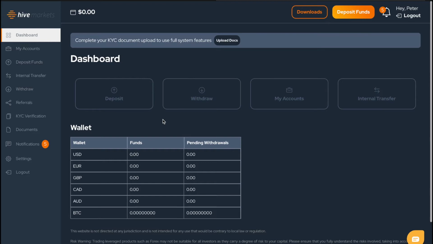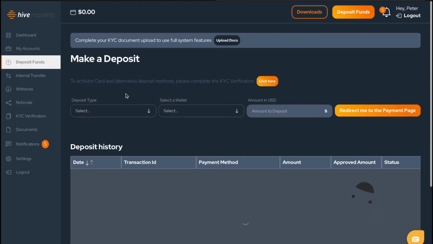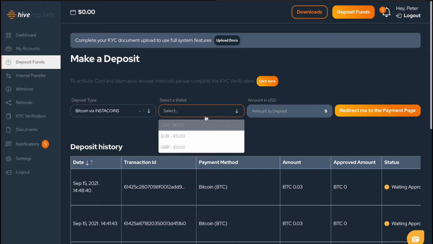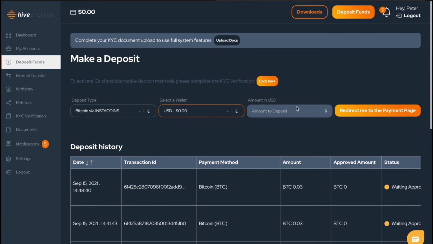So if you log into the Hive Markets back office, you'll be brought to a screen like this. You'll click deposit and you will click Bitcoin via Instacoins, and you will select whether USD, Euro, or GBP. So we'll say USD, and the amount to deposit, and this is in USD. So say I wanted to deposit $200 in USD, and then you will click this link, redirect me to the